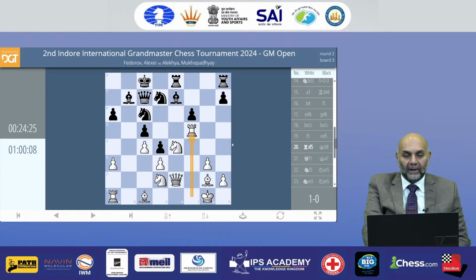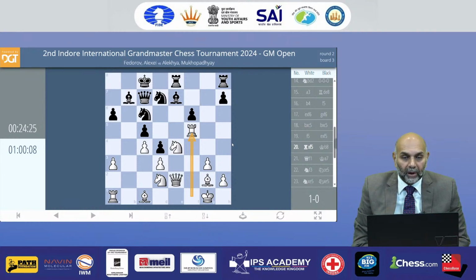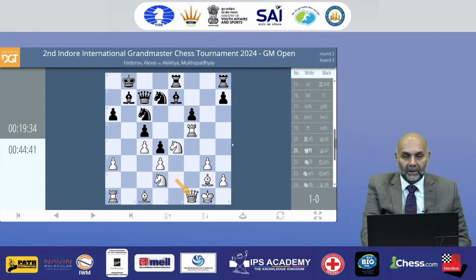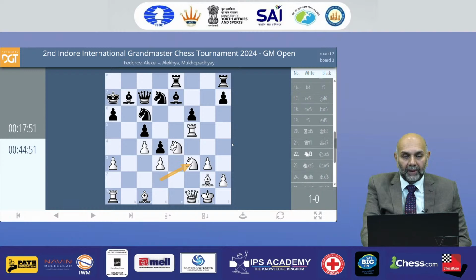White has already activated 4 pieces, and the knight and bishop could be activated in one move. The knight on d2 could go to b3, putting more pressure on c5. Not very accurate. It seems that white is doing well. Queen f1, just a safeguarding move, preventing the black pieces from moving. So black has taken the king to a place where perhaps it could be safe, but yes, one doesn't know. White is ready to improve.